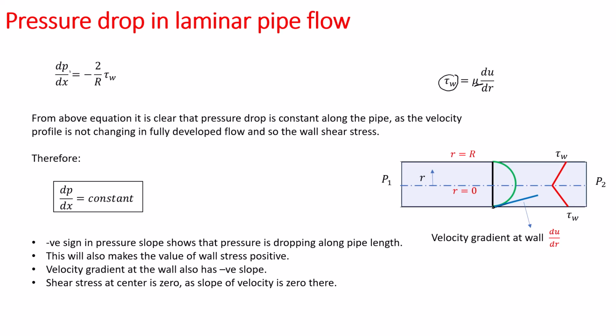Okay. So it means that delta P by delta X also will be a constant value. And the negative sign in the pressure drop slope shows that the pressure is dropping along the pipe length. It is decreasing, not increasing. And this will also make the value of wall shear stress a positive quantity. The velocity gradient at the wall also has a negative slope. You can see the slope here is negative. A positive slope will look like,